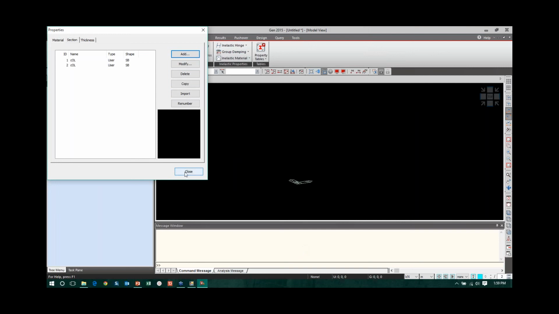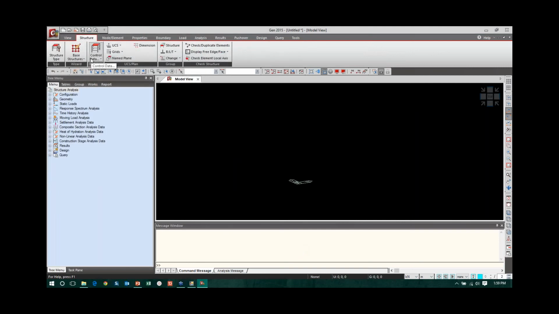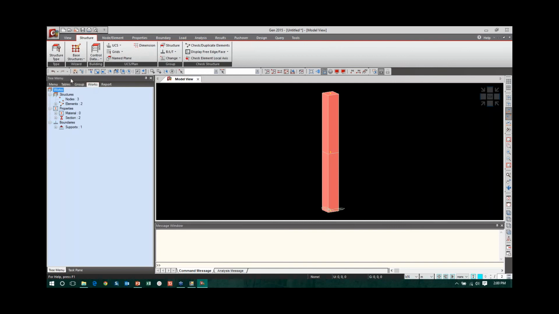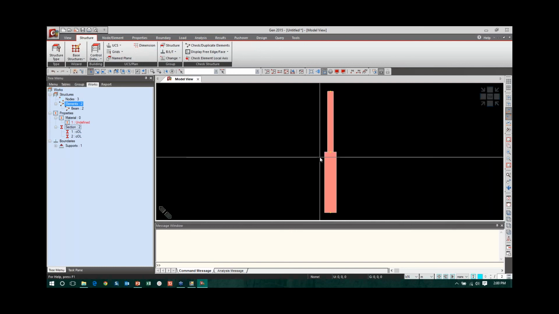Now I go to structure, base structure, column, say 2 at 5 meters, 2 times, add, material 1, section 1. And now the top column I'm going to change to column 2. By default it's always connected centerline to centerline, if you see here.